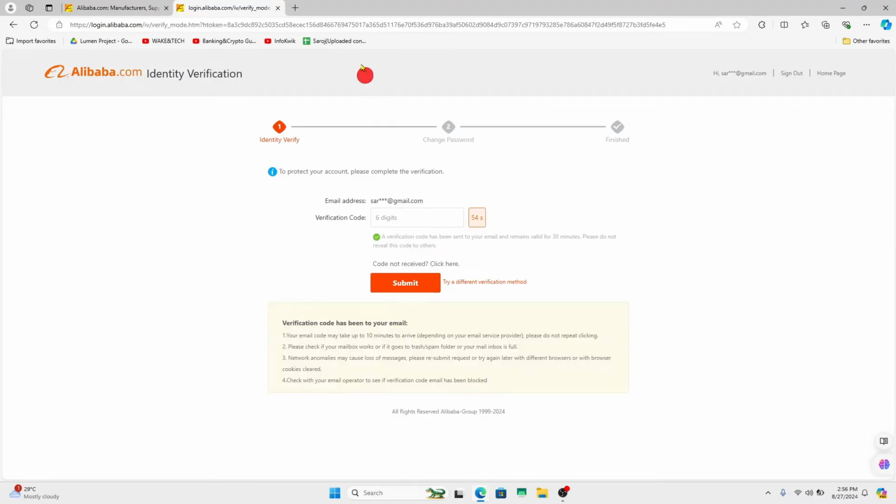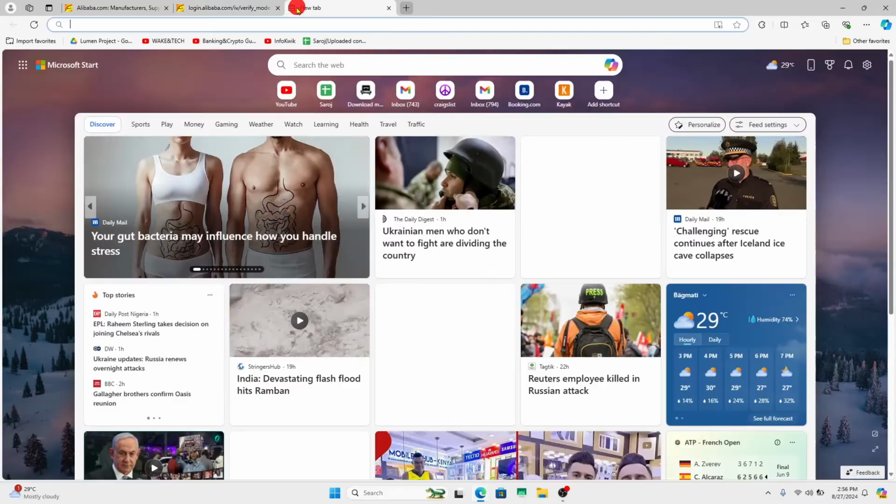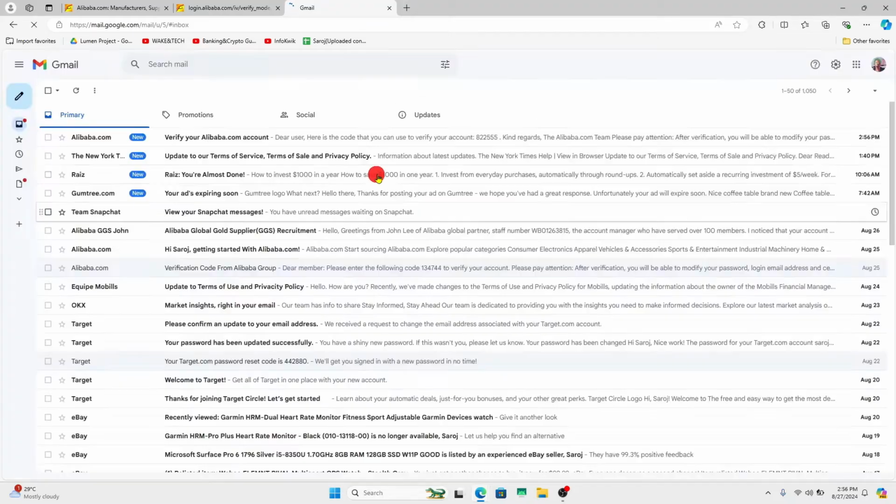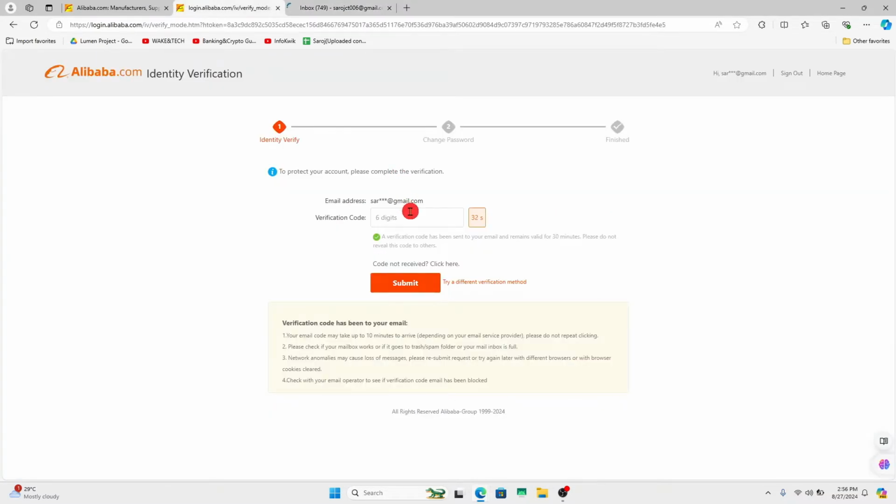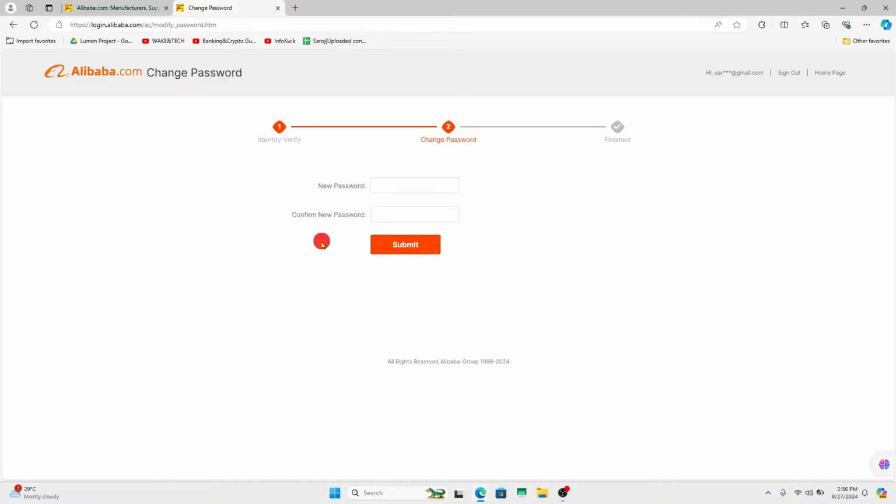And now you will be asked to verify your identity by entering the verification code that has been sent to your email address. So just log into your email that you used while signing up for your account and you will find the 6-digit verification code. After entering this code, click on the submit button and now you will be allowed to create your new password